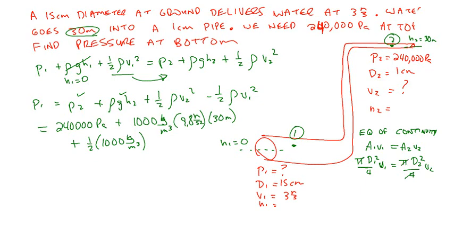So as long as I remember to square the diameters or square the radii, if those are given, then I'm okay. It's got to work out to square units. I was looking for v2, wasn't I? So here I need to take D1 squared divided by D2 squared times v1, and I have those numbers. That was 15 squared divided by 1 squared times 3,